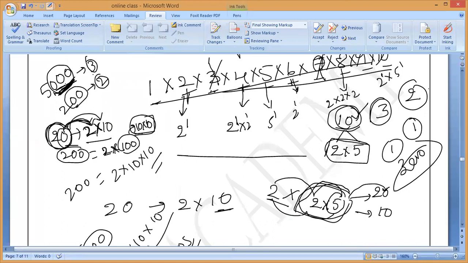So now see, in this we have 2 sets of 2 and 5. You may observe here we may have more number of 2s, but here consider one 2 and one 5, and here one 2 and one 5. So 2 into 5 is 10 will come here, and 2 into 5 is 10 will come here. So how many zeros will be there in the product? 2 sets are there, so 2 zeros will come. That is the answer.